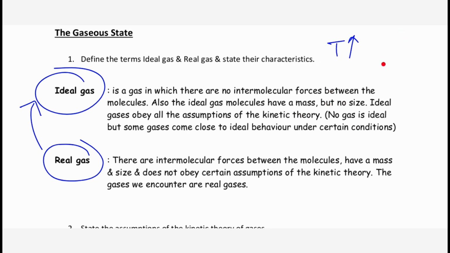Right? So that's one condition where the real gases come close to ideal behavior, and the other is at very low pressure. Now we know the pressure can be decreased when the volume is increased. So this is the container, and